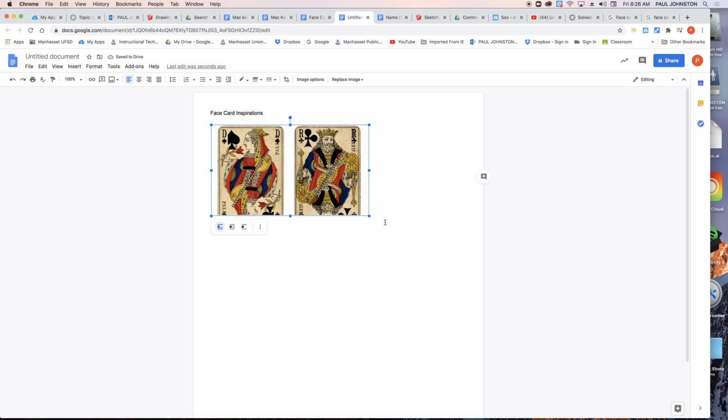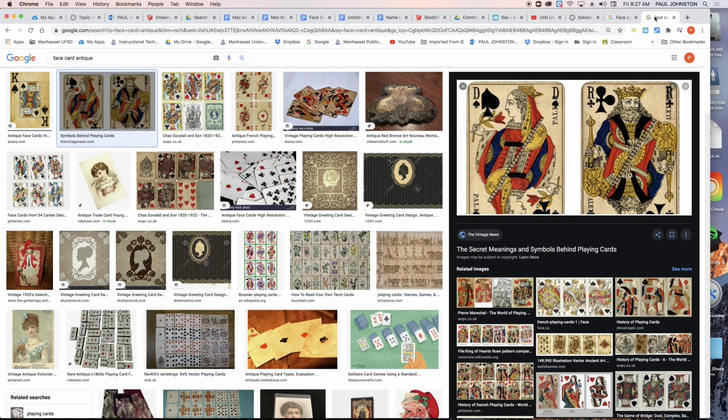So what I'd like you to do is collect 12 or more images that you think would inspire you. What I really want you to look at is how, with a lot of these old cards, the drawing is often very simplified. So if you look very closely at some of these images,